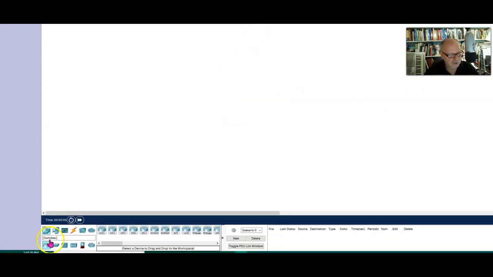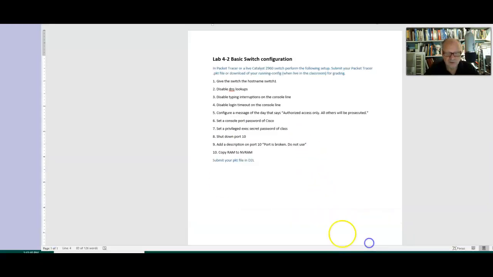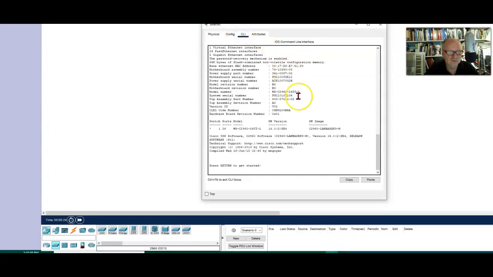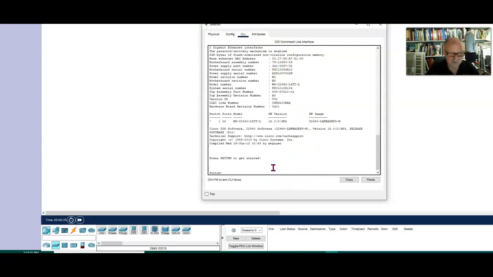Okay, let's create that switch. Go down to Network Devices, over to Switches, 2960 switch. So there it is. And then it says to give that switch a host name of Switch1. Let's click there, click CLI, hit return to get started.